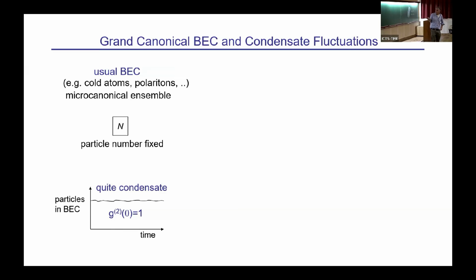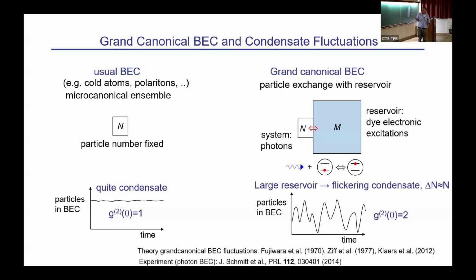There one has fluctuations against the thermal cloud, but they are only Poissonian, and the second order intensity correlation at zero time delay is equal to 1. In a grand canonical system, this describes a situation where you have particle exchange with a reservoir, and it turns out that we automatically have that, more precisely,